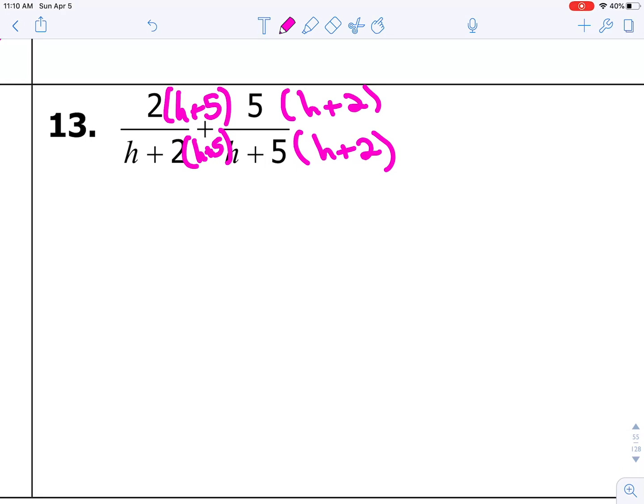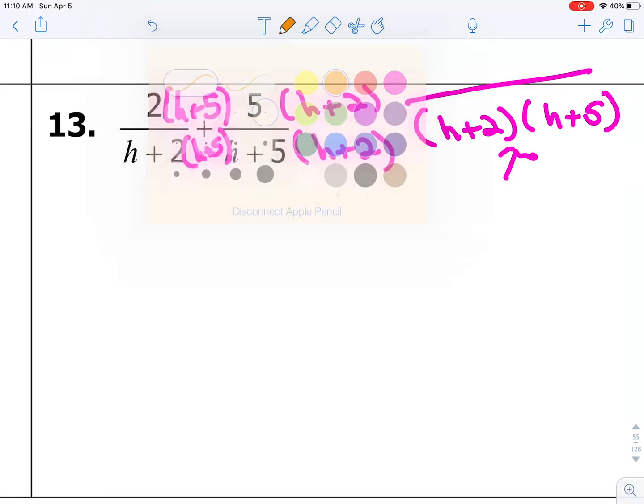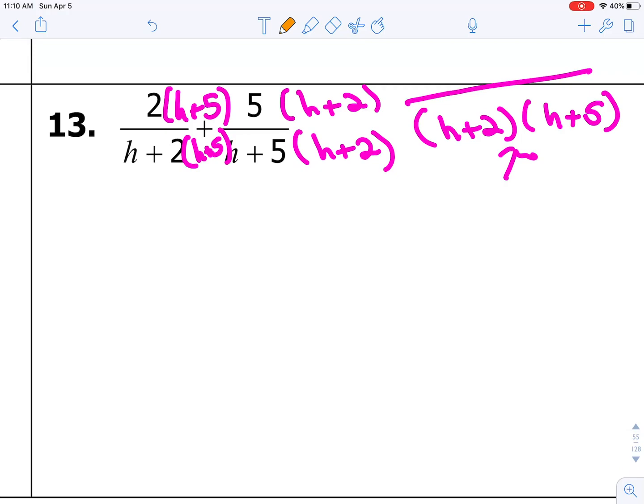So now that I've done that, they have a common denominator of h plus 2, h plus 5. All right, I already know that, so I'm just going to kind of put that on hold over here as I deal with my numerator in orange. So remember, I need to simplify and combine like terms. So I'm going to have 2h plus 10 plus 5h plus 10 all over